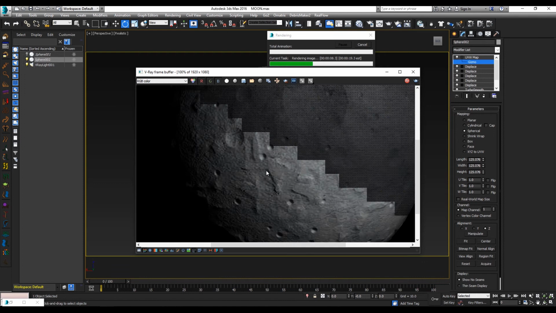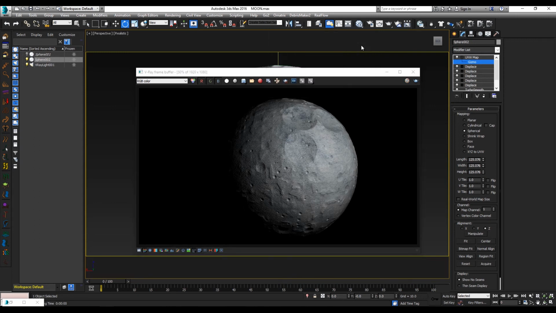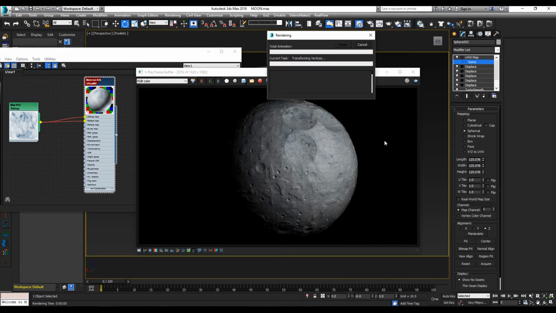It's looking pretty good, but it's low detail, and I think that's because in my texture here, I put it as a bump map, and it didn't look good, I remember. So if I render this again,